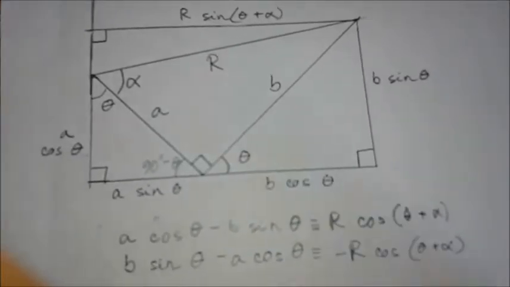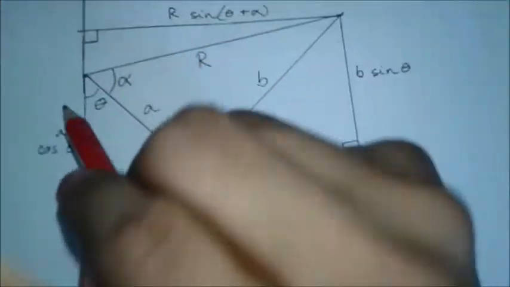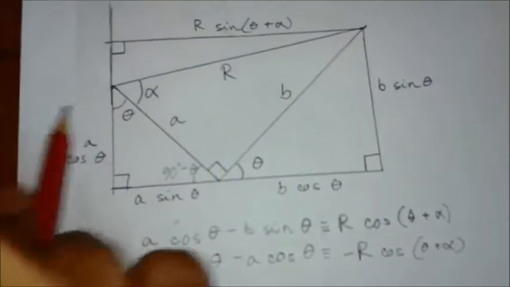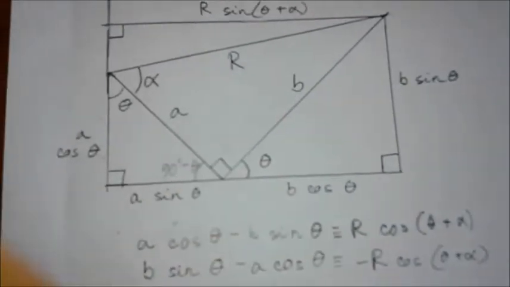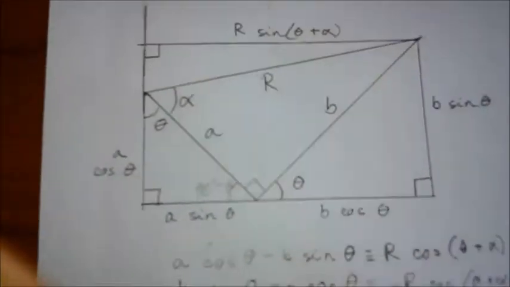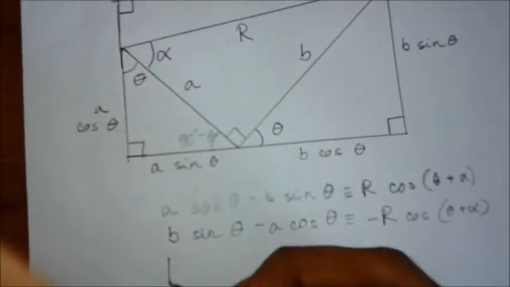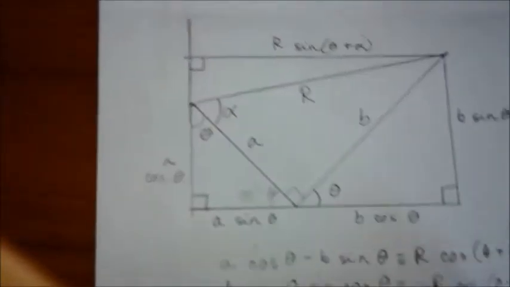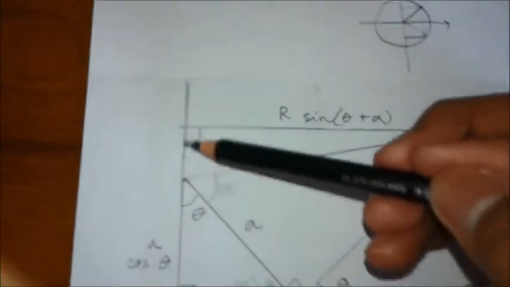So, well, we can show negative values geometrically, but the fact that it's virtual, the fact that it wasn't originally there and we had to extend it, could probably account for that negative sign. But we can only say that the absolute value of a cos theta, so r cos theta plus alpha